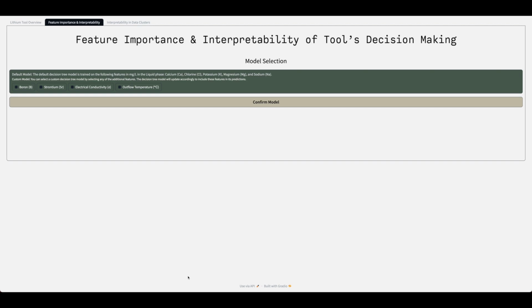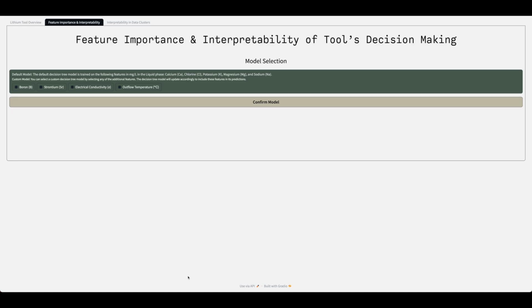This part constitutes one of the two central functionalities of the CRM AI tool. Primarily, the model provides an estimation of the lithium concentration, and the second facet of the output serves to offer transparency and a comprehensive understanding of how the model arrives at its predictions. Initially, the user can select the type of the model they wish to use.